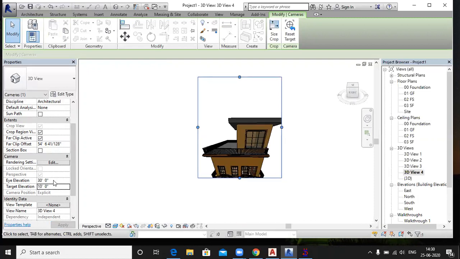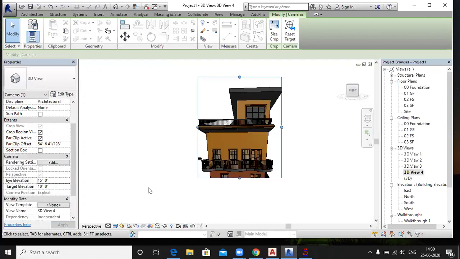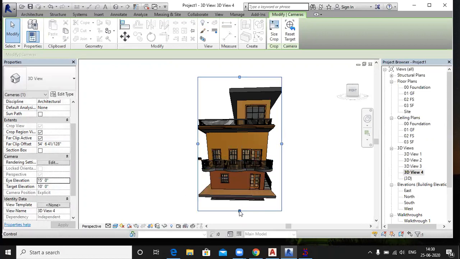See like this, 15 feet. Now this is a perfect view, right around. So by this process you can create each and every view, everything, right? Yes, sir.